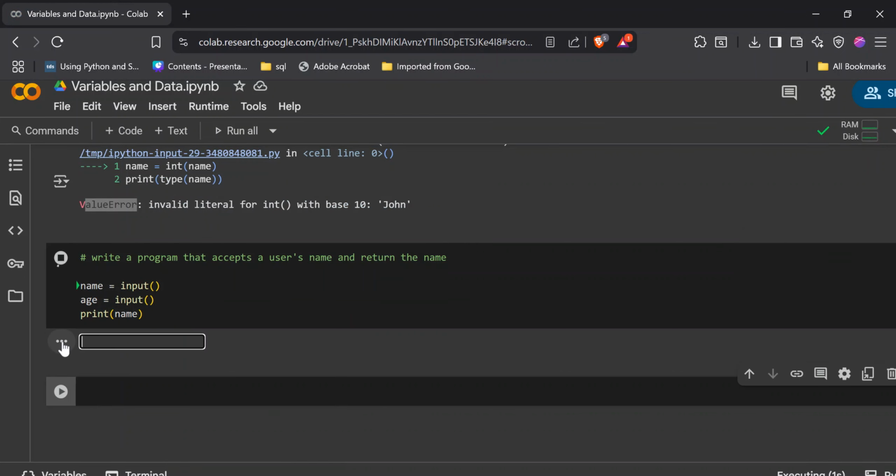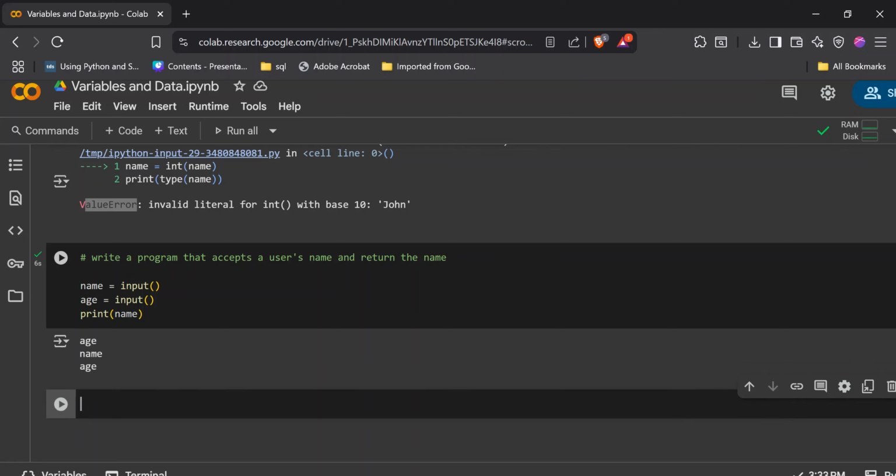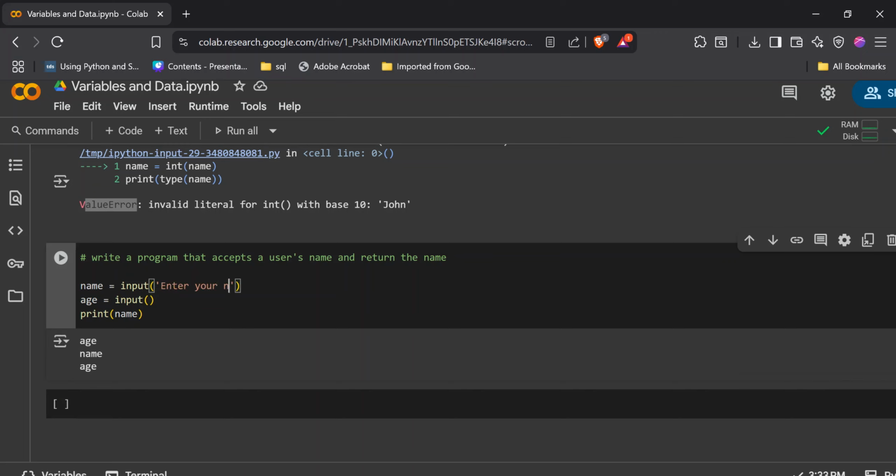Well, the user does not know what they should put in it. They might put age first and put name again, which is wrong input. So we can label this by adding a string here to serve as a description. We say enter your name, and here we're going to say enter your age,